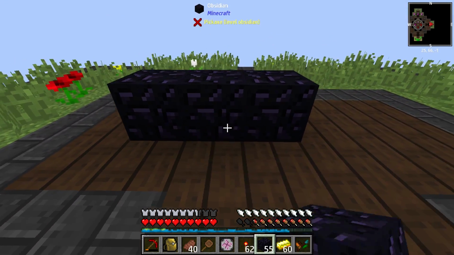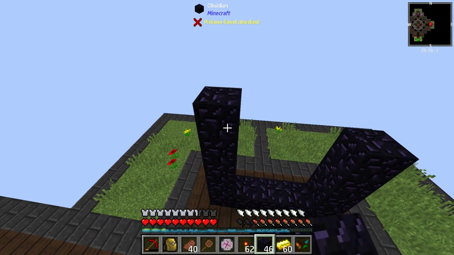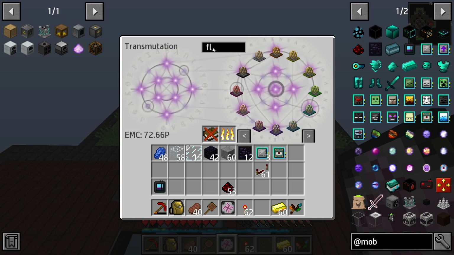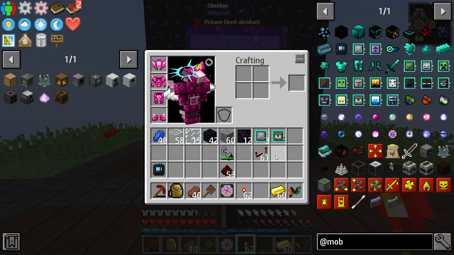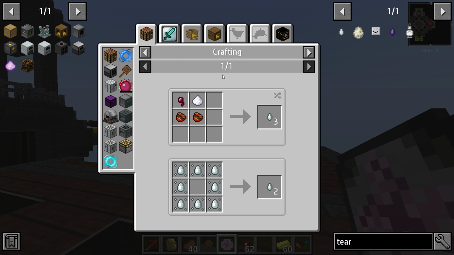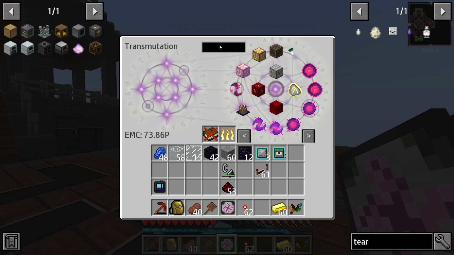So, to make another portal, we're going to make a 3 wide one. Like so. Flint. And we might be able to head in here and actually find ourselves a tier, because I don't know if there's any other better way to get it than going through the chickens route. Maybe we can get lucky. We'll get one of these guys. Let's get a